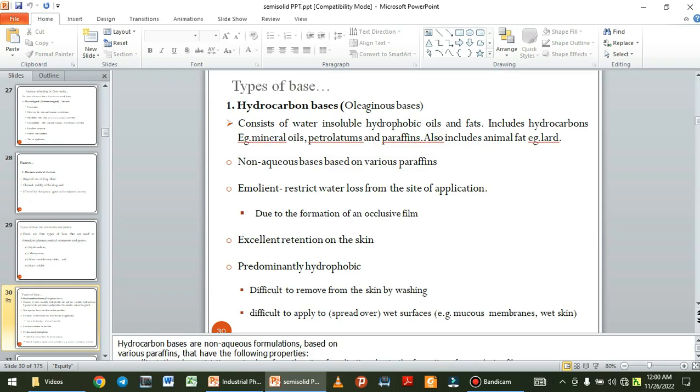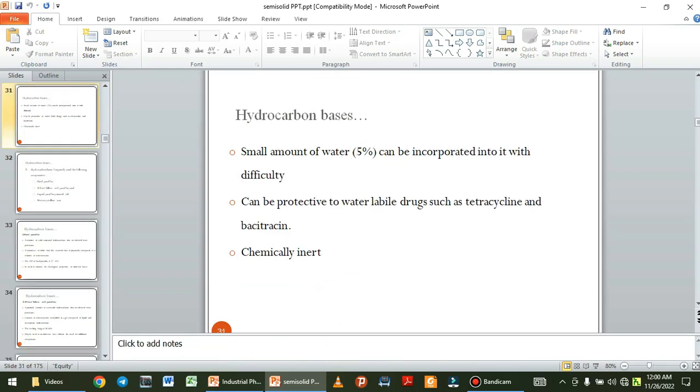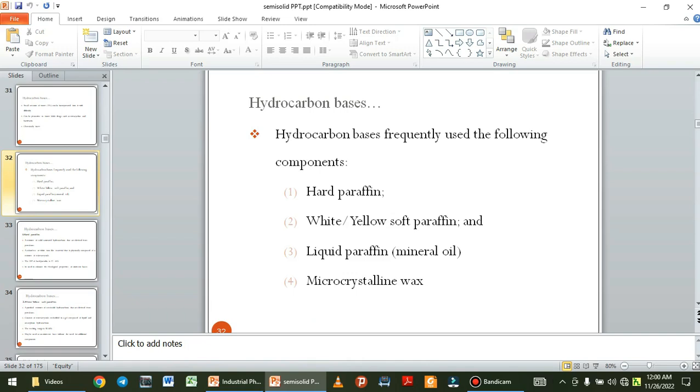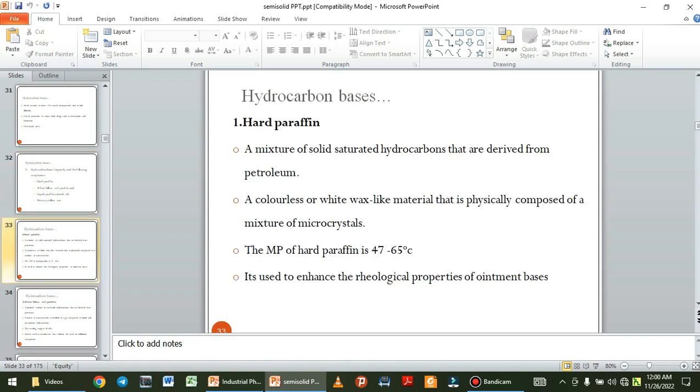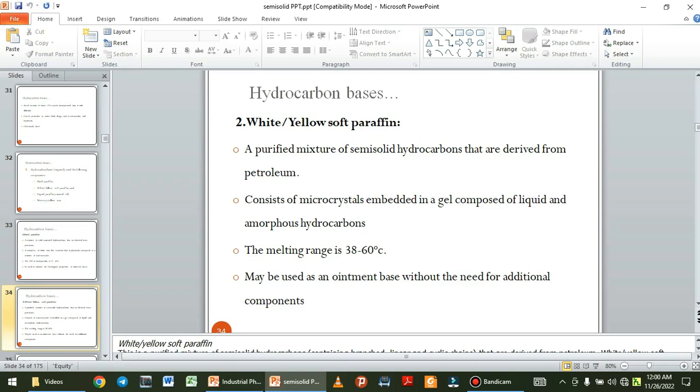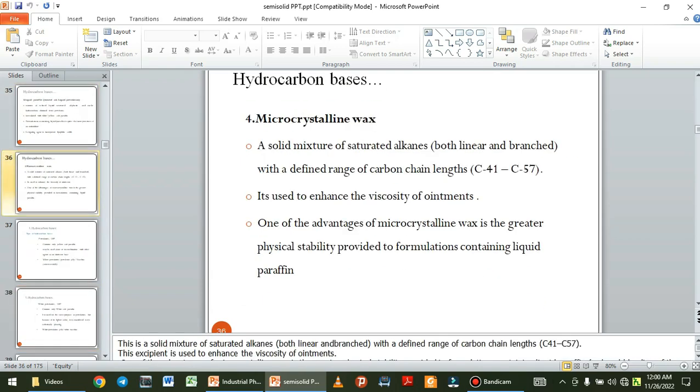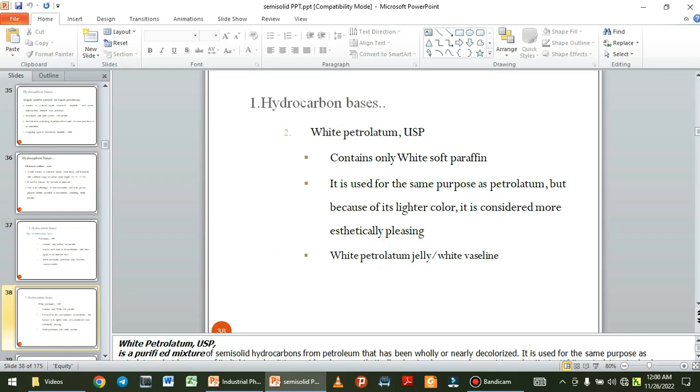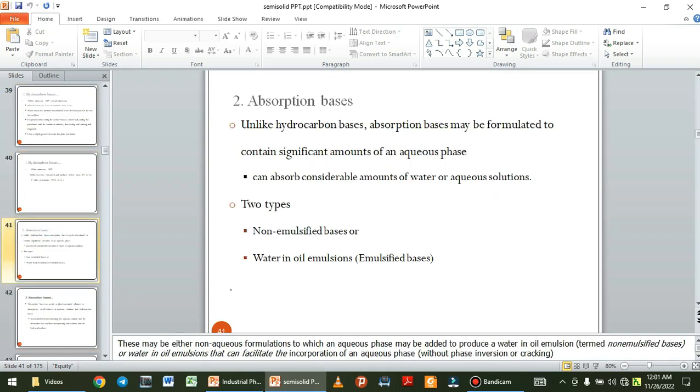ያለው የትኛው ቤዝ ነው hydrocarbon base or oleaginous bases የምንላቸው ነው ማለት ነው ያው ብዙ አሉ እዚህ ጋር ኤግዛምፕል እንደምታዩት hard paraffin yellow soft paraffin liquid paraffin ብዙ ናቸው ዲቴልስ ማንበብ ትችላላችሁ ስለ እያንዳንዱ ሃይድሮካርበን ለማወቅ just ወደ ሁለተኛው እንሄዳለን that is absorption bases የምንለው unlike hydrocarbon bases absorption bases may